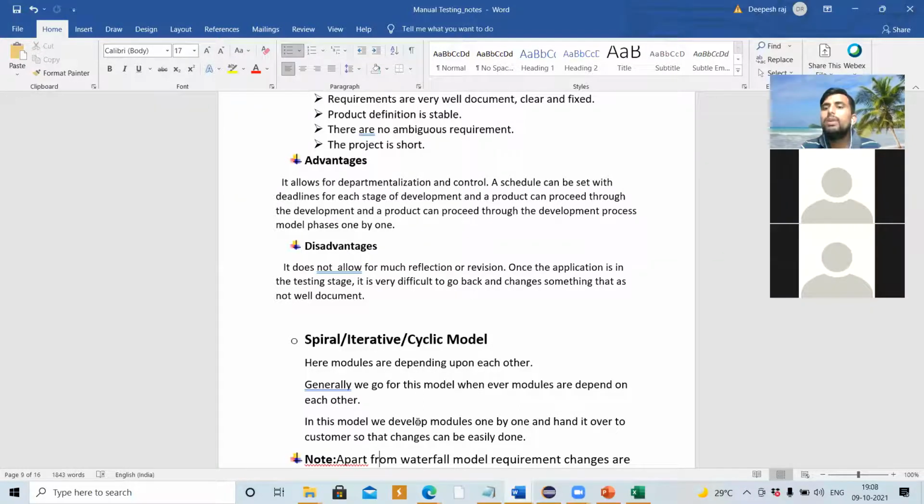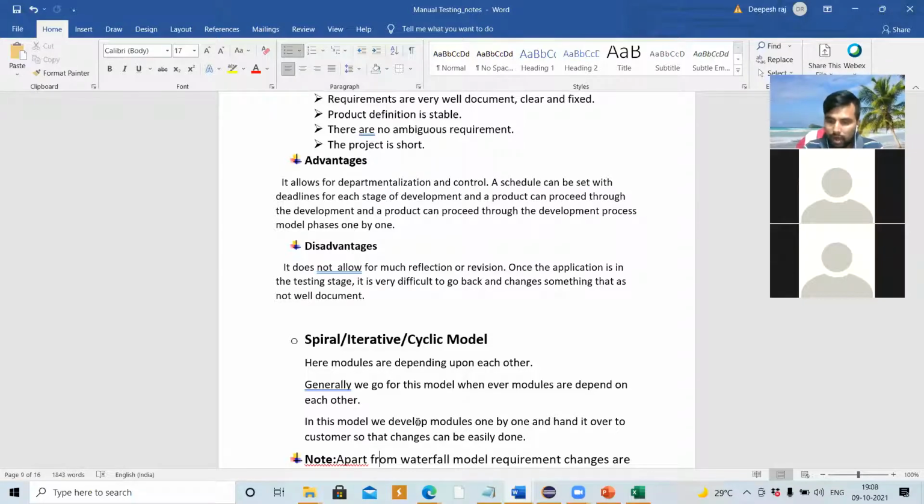So whenever we have a requirement where the modules or features are dependent on each other, we go for a type of model that we call the spiral model, or iterative model, or cyclic model.